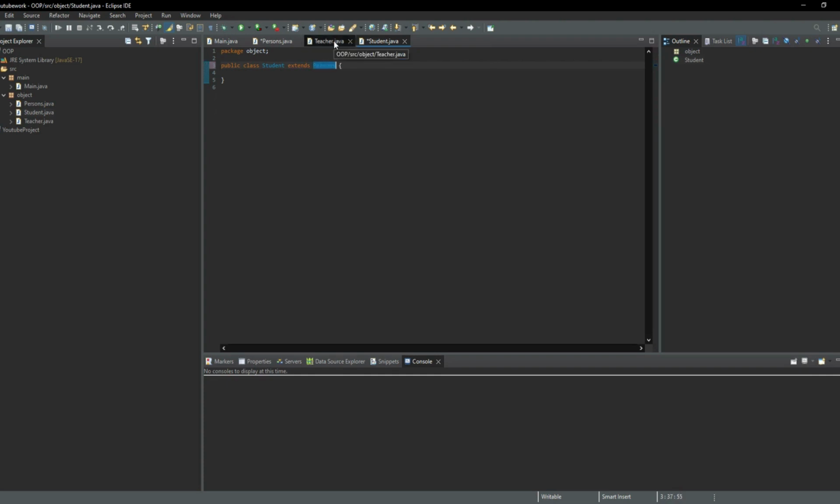Always remember, a child class can inherit from only one superclass, but a superclass can have more than one child class. In this case, this superclass can have two child classes, but a child class can have just one superclass. Now that we have created these child classes and they can inherit from the superclass,